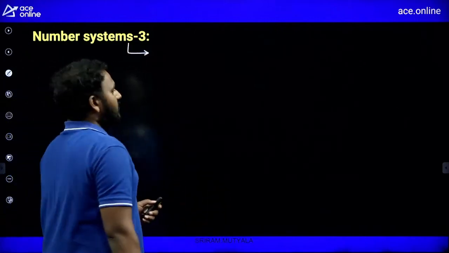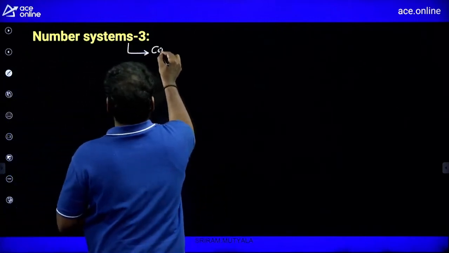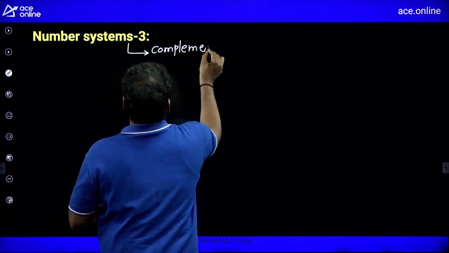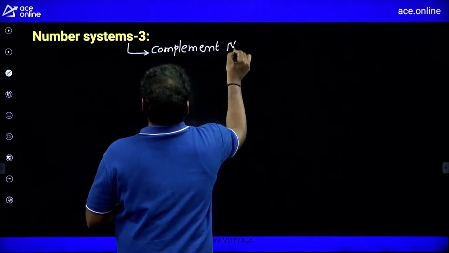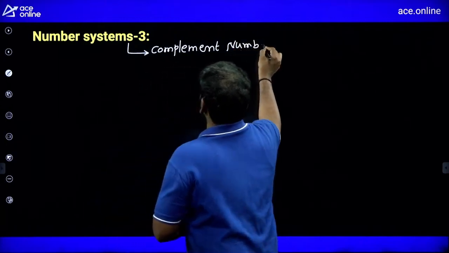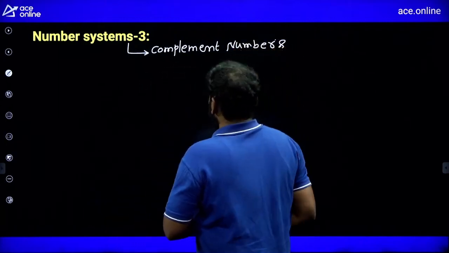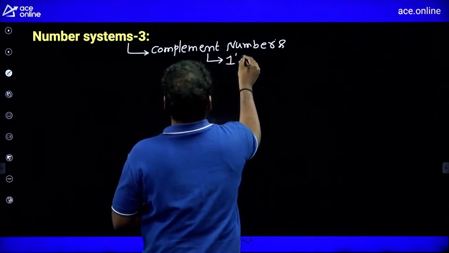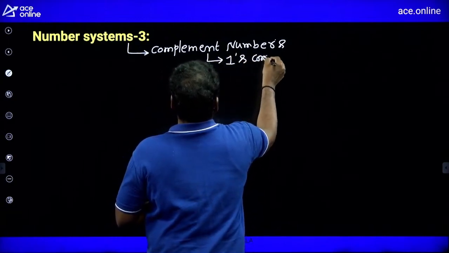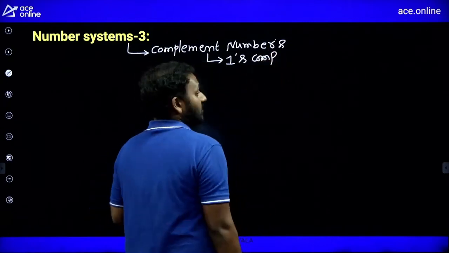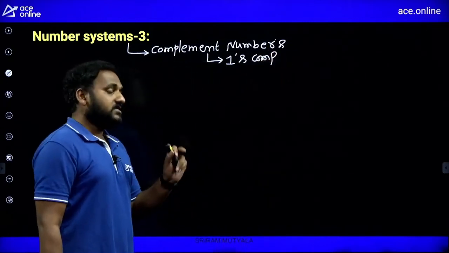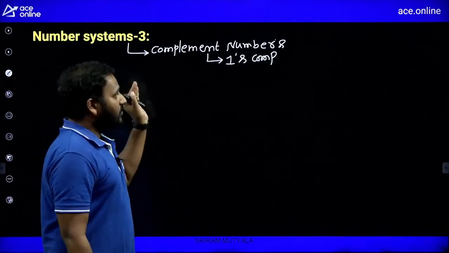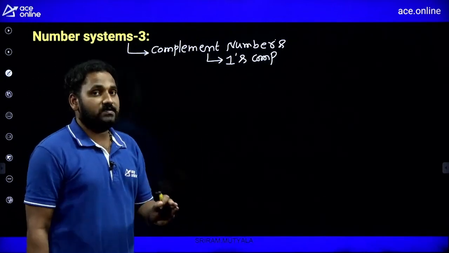Here, what is the procedure to do 1's complement, and the use of 1's complement in arithmetic operations? That is enough. There are so many subtopics involved in complement numbers for GATE and engineering services, but